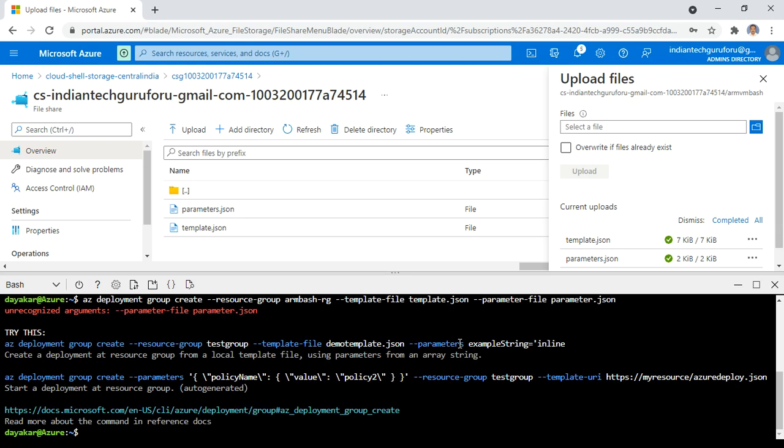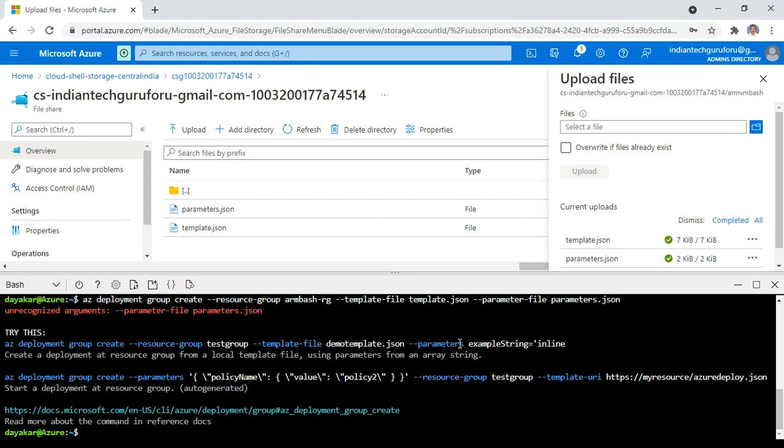There is an error here. The parameter file name is actually parameters.json. Whenever some mistake is there, it will show you the syntax. No need to worry. I have given the correct one, parameters.json.